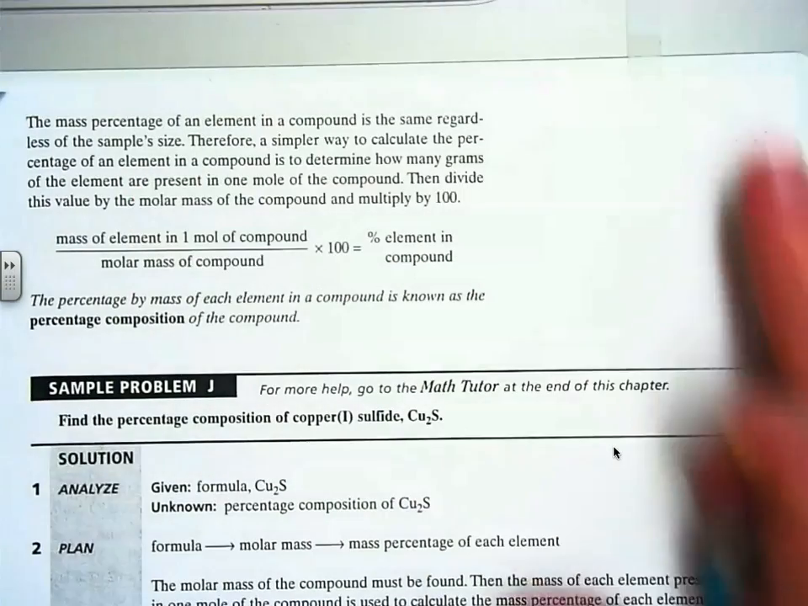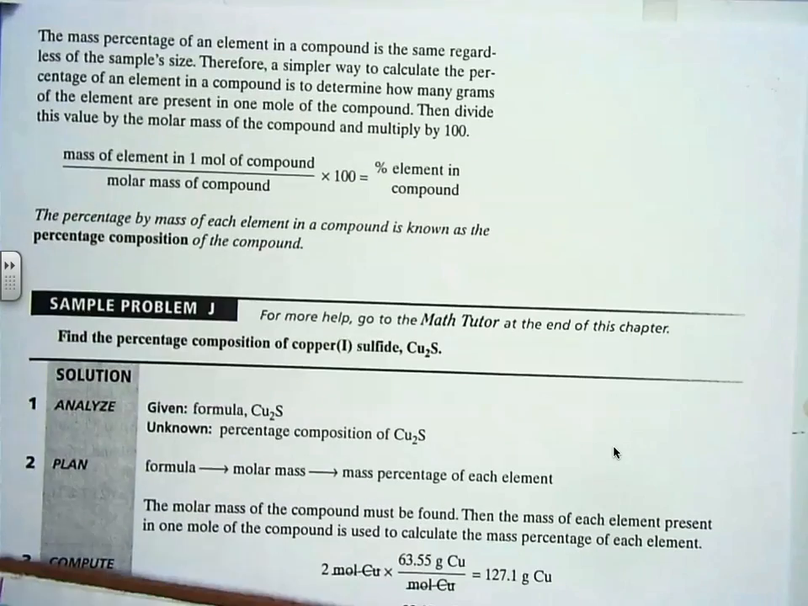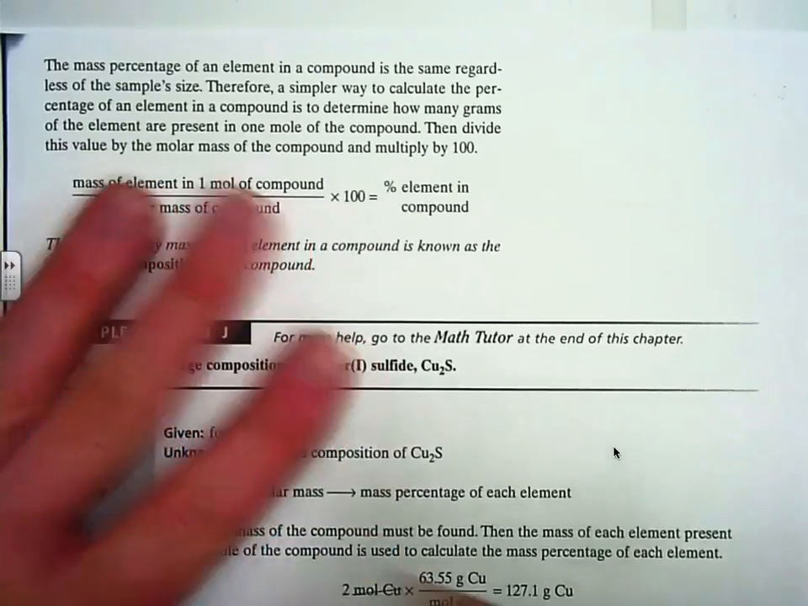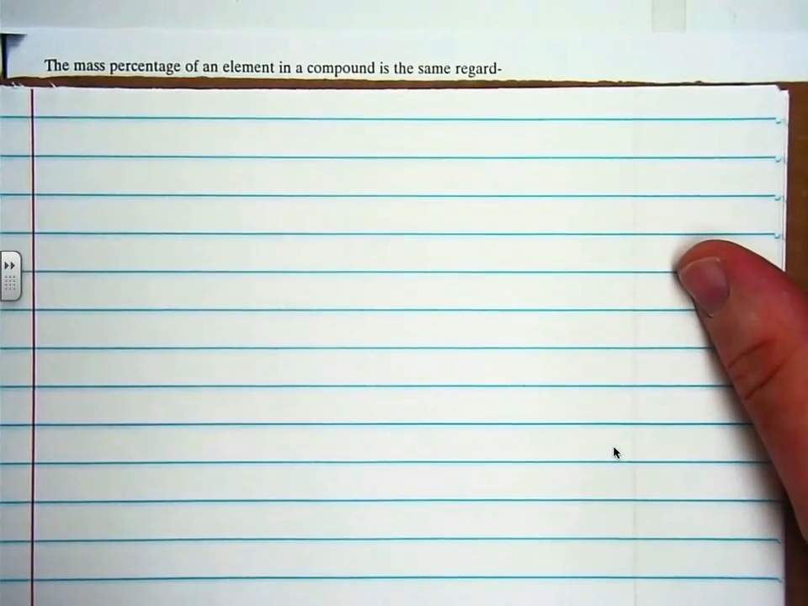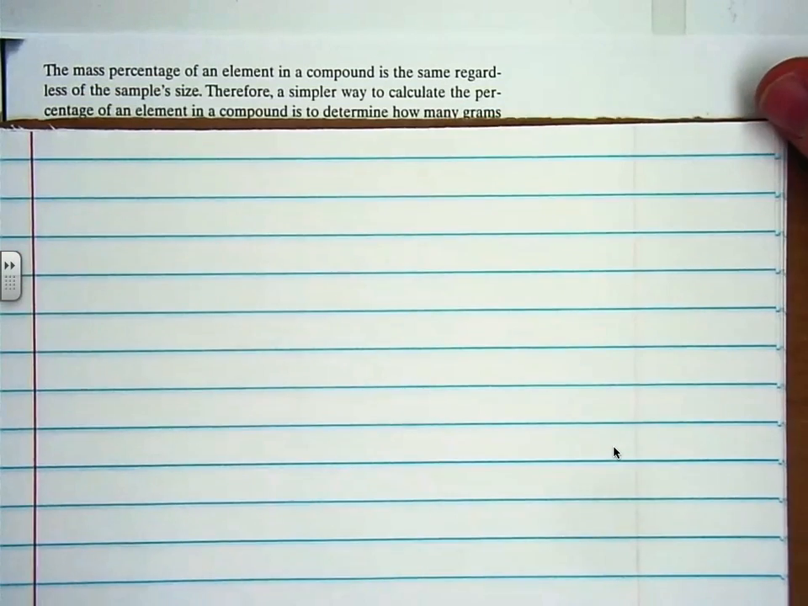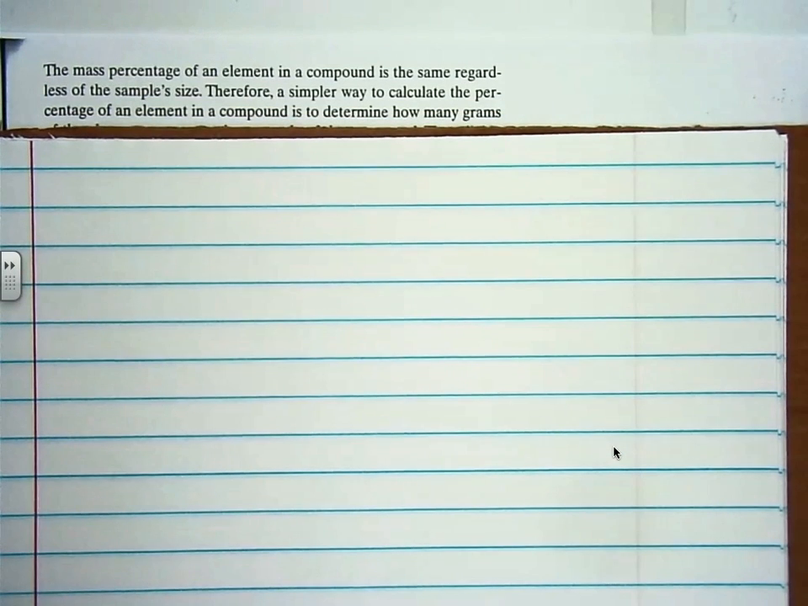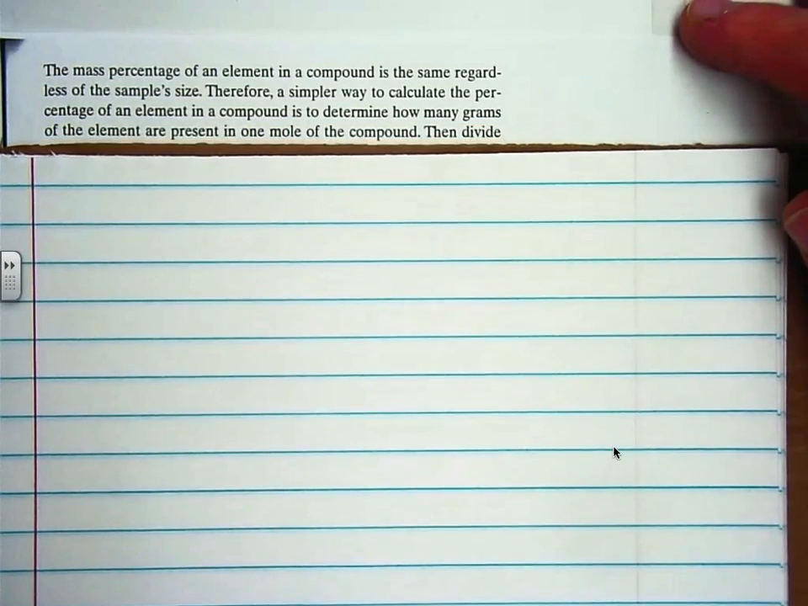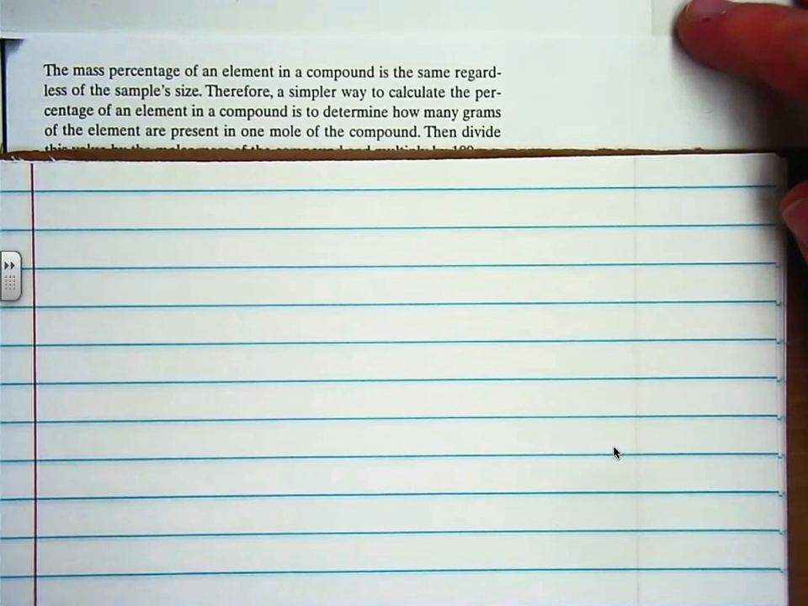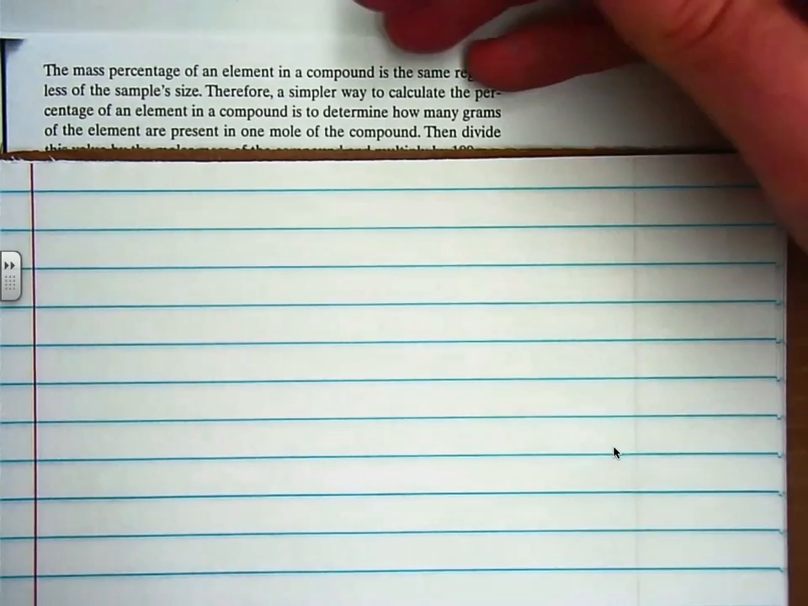On page 243, it says, the mass percentage of an element in a compound is the same regardless of the sample size. Therefore, a simpler way to calculate the percentage of an element in the compound is to determine how many grams of the element are present in 1 mole of the compound. Well, yeah, that's easy. Instead of doing the experiment, just do a little calculation with moles. Then divide this